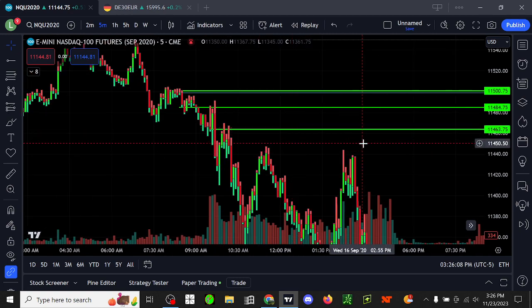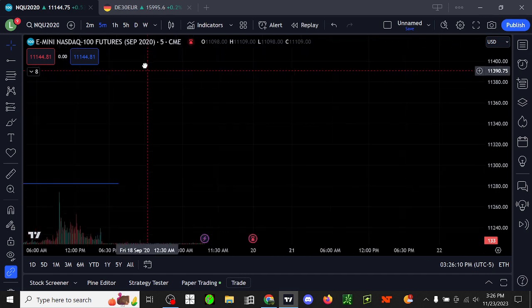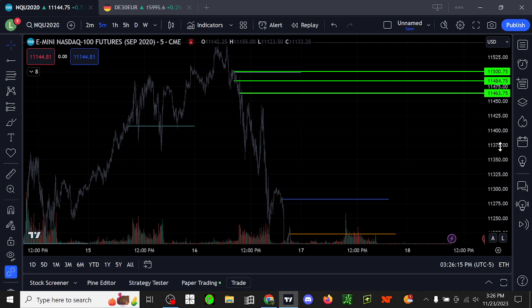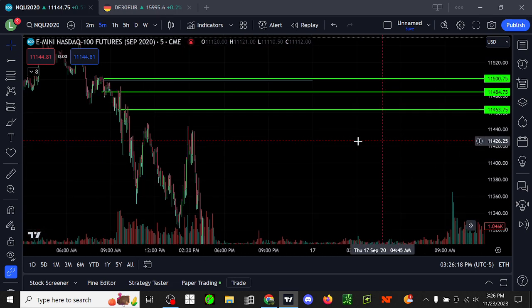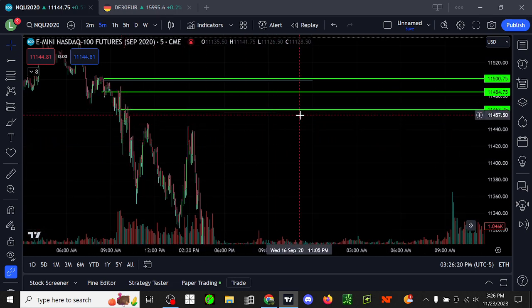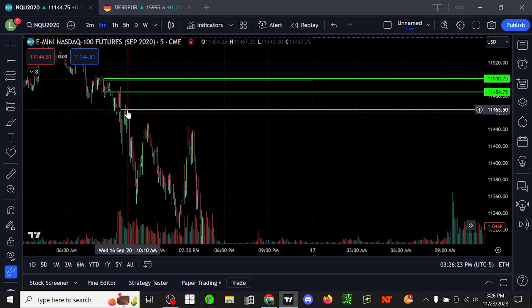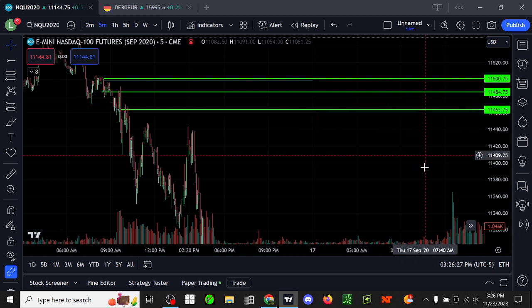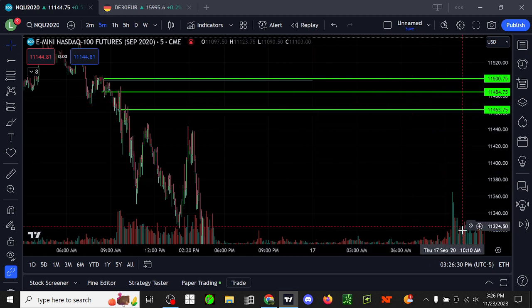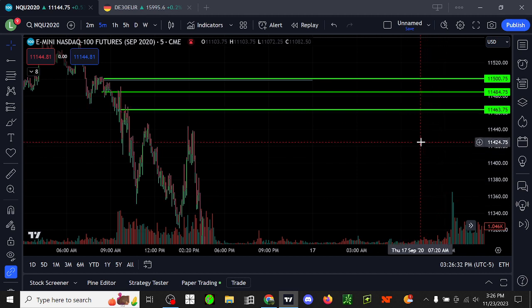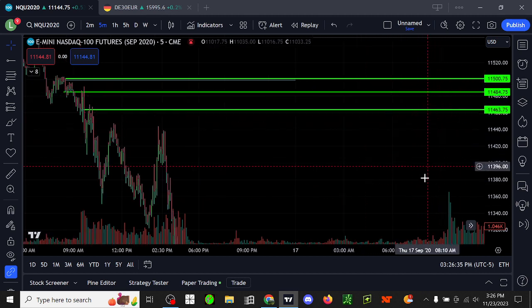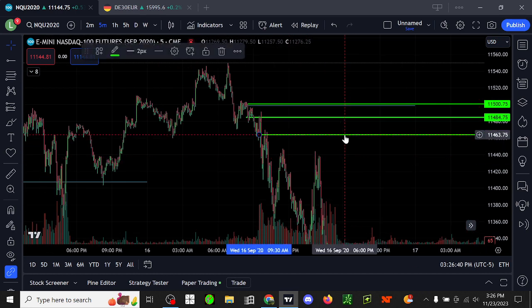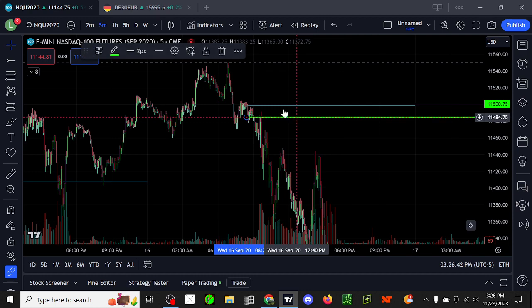Anyway, I don't think it comes back there during this contract. No, it does not. I'm willing to bet, though, that since it only tapped into that a little bit, there's a high probability that when it comes back to the low of the 9:30 candle again later on another day, it will probably have a strong reaction from there. It may not trend down for days, but it will have enough that you can take a partial profit, move your stop to break even, and at least farm a small win, if not a bigger win of it trending for a while. Okay, let's go to the next day.